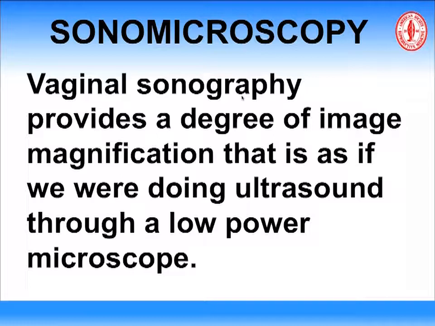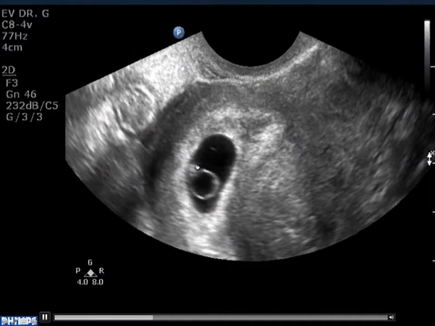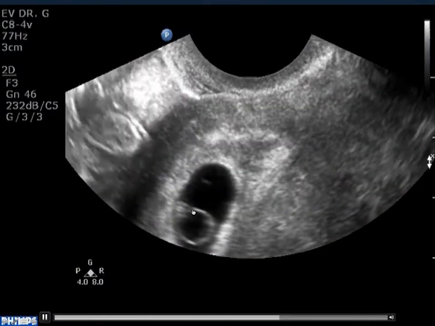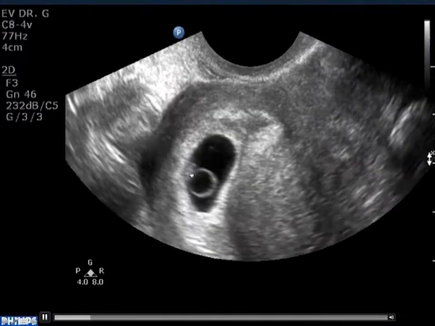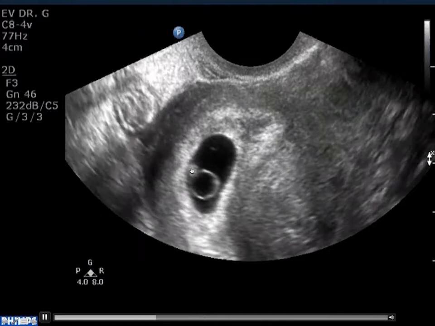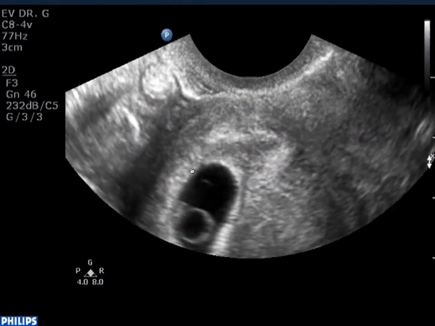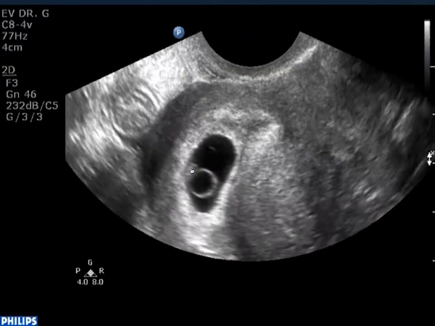We are seeing things with our ultrasound that you could not see if you could hold the structure in your hand at arm's length and squint at it. So for instance, here is a 3-millimeter embryo at 45 days from the last menstrual period attached to its yolk sac, in which you can clearly see cardiac pulsations. And my point is, if you had a way to hold a 3-millimeter embryo in your hand at arm's length squinting at it, you would not appreciate cardiac pulsations contained within a 3-millimeter embryo.